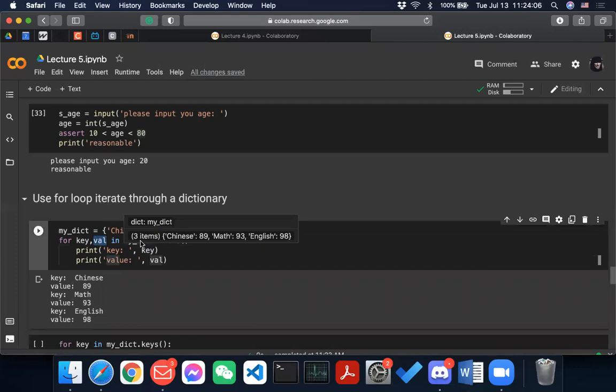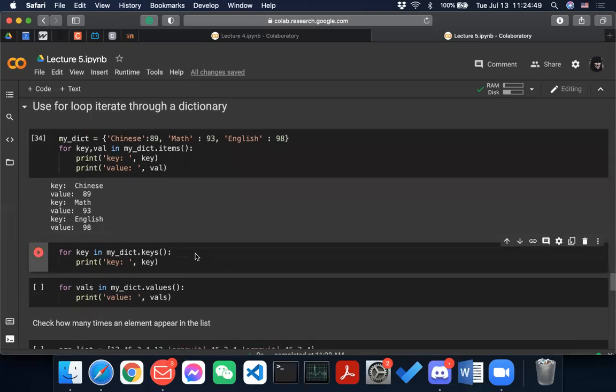So for key, value, key is for the key, and value is for the value. Then you print key and value, and you get Chinese with value 89, and then math with value 93, and so on and so forth for the key-value pairs. You can iterate through the dictionary and actually do stuff with it.